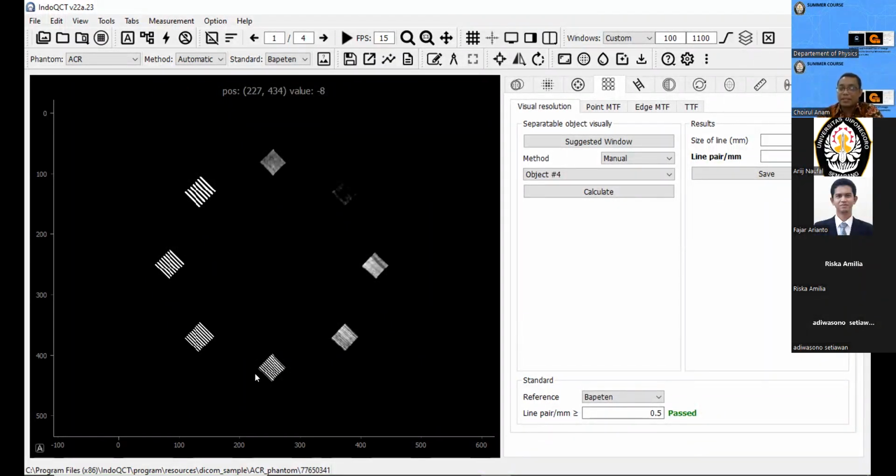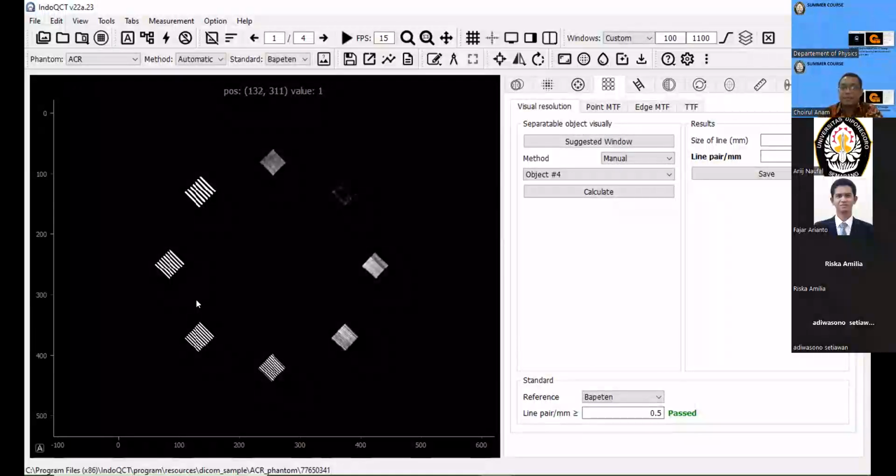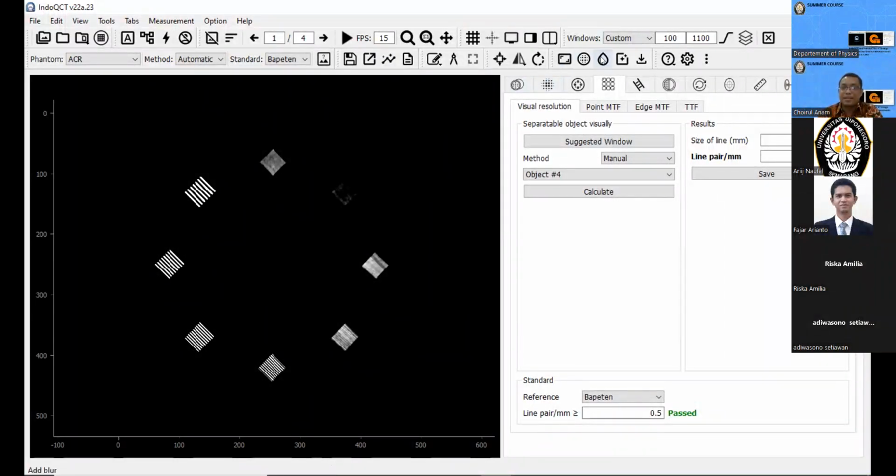By using IndoQCT, we can add the blurring using this button. The process is by convolution between the Gaussian distribution and our image.